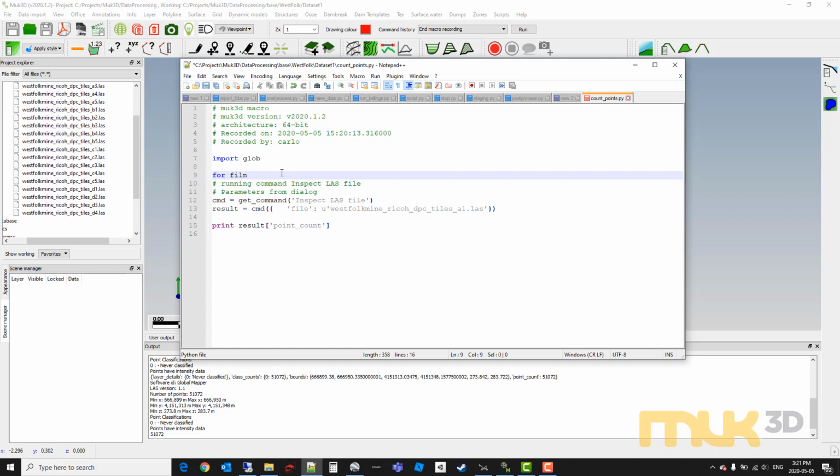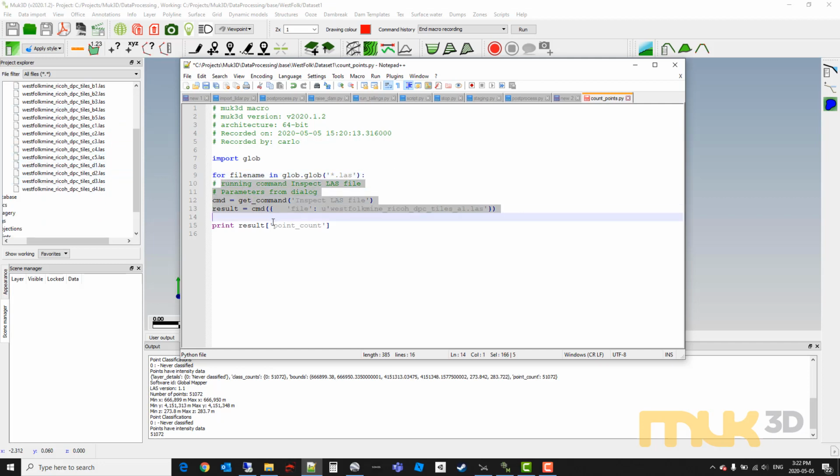And I'm going to create a variable here called file name. So in glob, within that module glob, there's a function called glob. And then we just give it a pattern, so star.las. So that will match anything that basically ends in a .las extension, which is going to be all of these files. So then I put my colon,